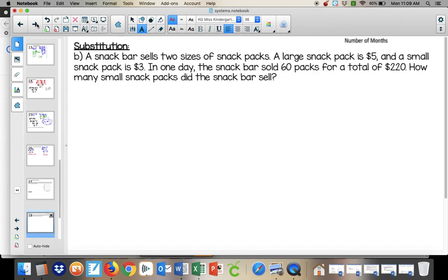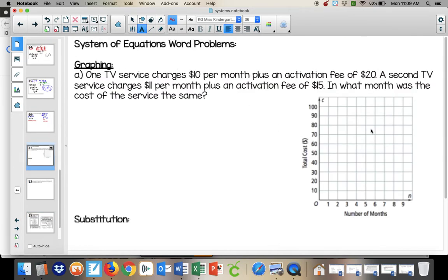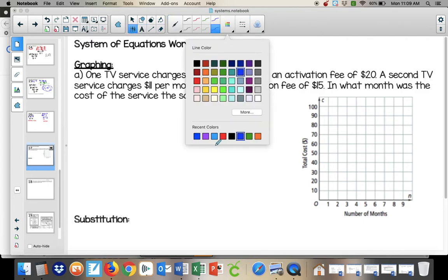All right, guys, we are coming to the end. So I want to show you with a word problem how you can use graphing, and then I'm going to show you with a word problem how you can use substitution. So with this